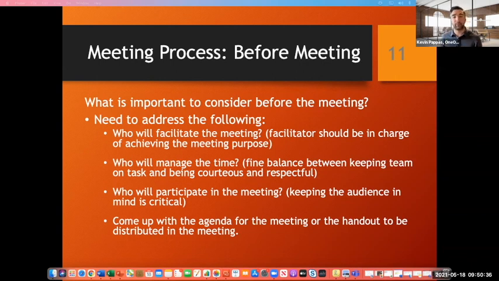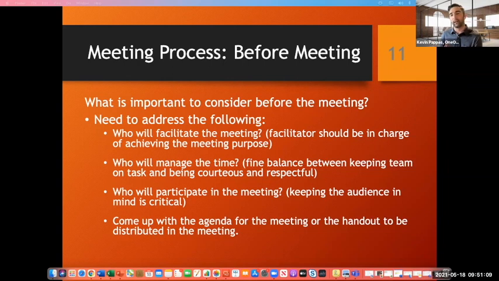Who's going to participate in the meeting? Going back, Tanner Laval says, hey, I want you to schedule this meeting. Maybe get real clarity. Do we need John, Susie, and Sally? Do we need Sally, Richard, and Bob? Who are the people that we need in the meeting? And really get clarity. Why do we need them there? It can be really easy. Like, we need the whole department. This is an issue related to volunteer services, or this is an accounting issue. Let's get the whole accounting team. But why? I think we sometimes skip this step